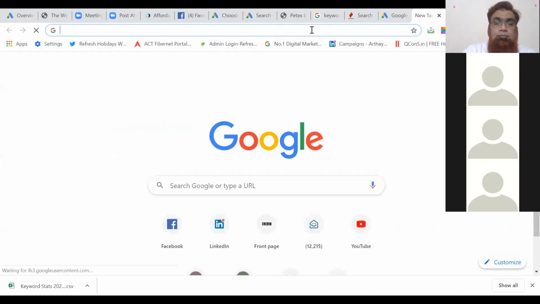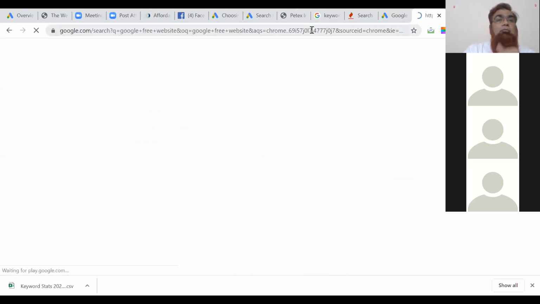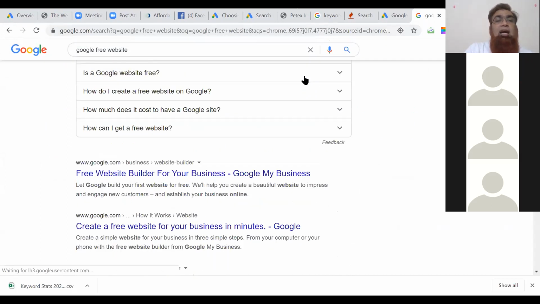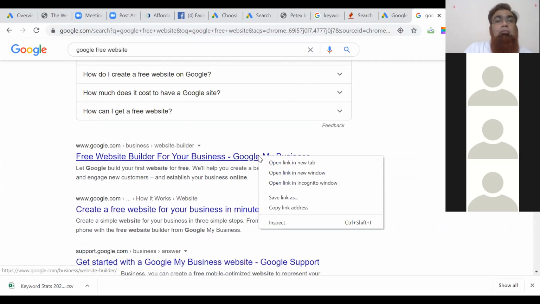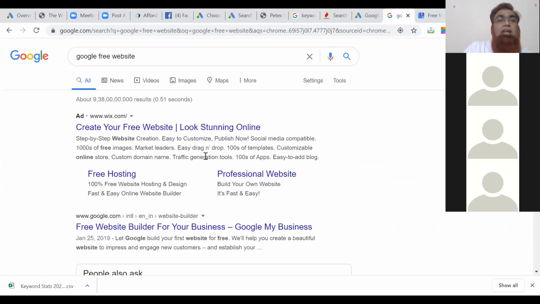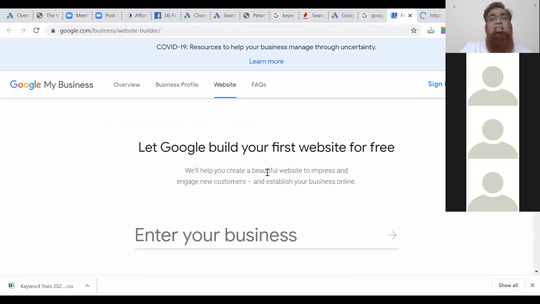Google also gives a free option, right? So there are a few options which are available with Google. So you can choose that, or you can go to Wix, you can create any landing page. I will suggest you go with Google My Business website builder, where you will be able to create a one-page or two-page website, and you use that particular website link when you are creating the ad account. So this is the practical.